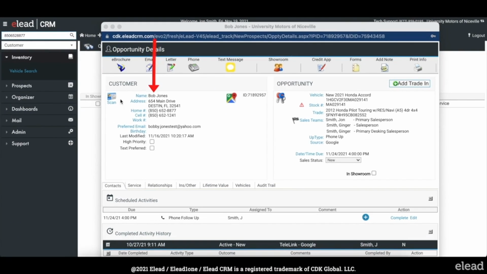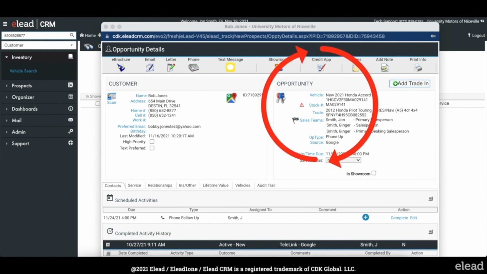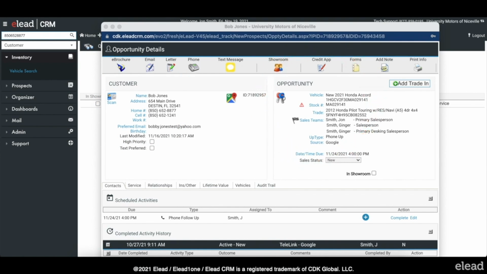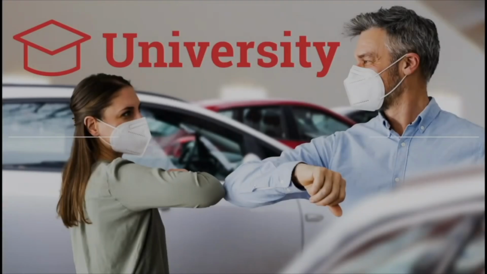Down below the toolbar icons are two information sections. The left side is the customer information, and to the right is the opportunity information. The most important thing to remember